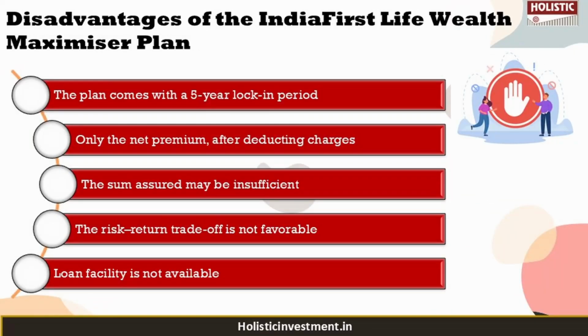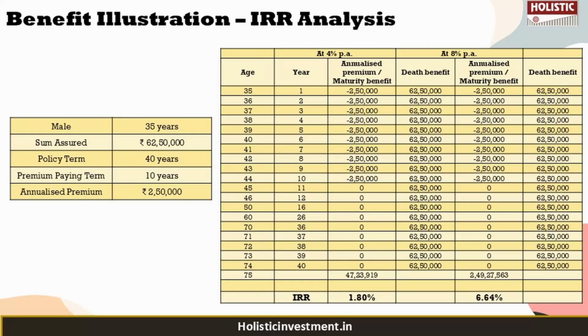However, the disadvantages are this plan comes with a 5-year lock-in period restricting yearly access to funds. Only the net premium after deducting charges is actually invested. The sum assured may be insufficient to provide adequate financial protection. The risk-return trade-off is not favorable, making it less efficient as an investment tool. The loan facility is not available under this plan, limiting liquidity in times of need. So these are some of the disadvantages that you need to keep in your mind before deciding to invest in this policy. So now, as we have a basic understanding about this policy, let us move on to the analysis part of the video,